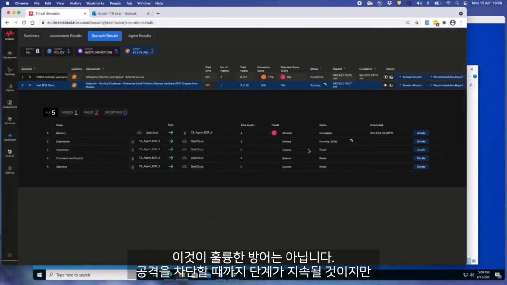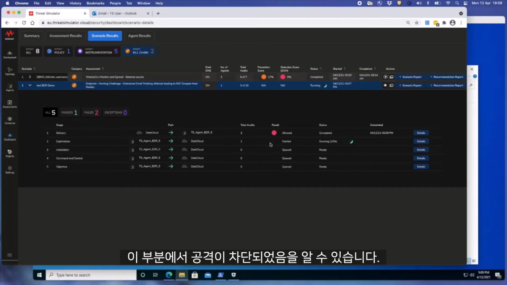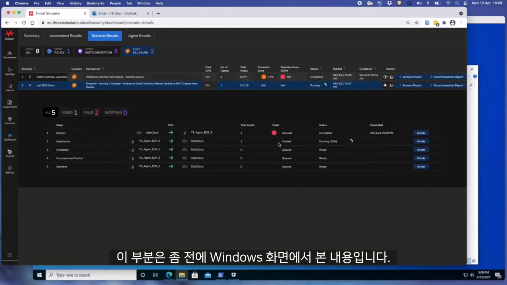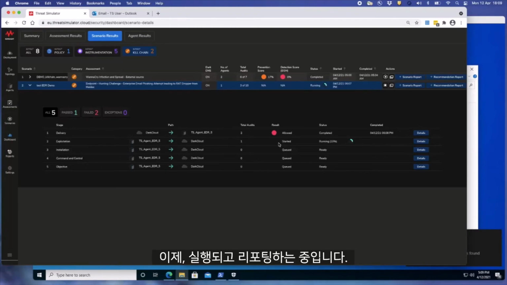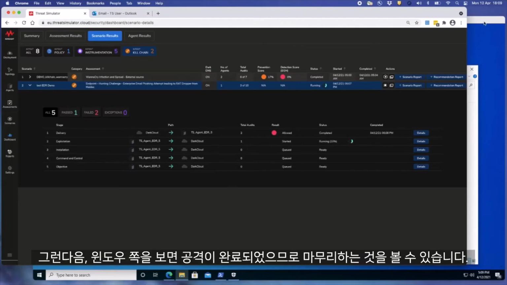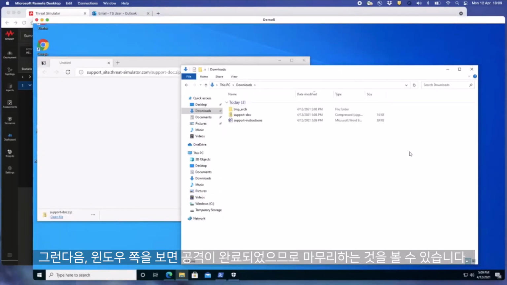We will, as the attack continues, start to see these other stages initialize until the attack is stopped. And what we expect to see here is that this was blocked. That's certainly what we saw on the Windows endpoint, and then the further stages 3, 4, and 5 will be skipped. So we'll give that a minute to run, or report that back, and then if we go and look at the Windows machine